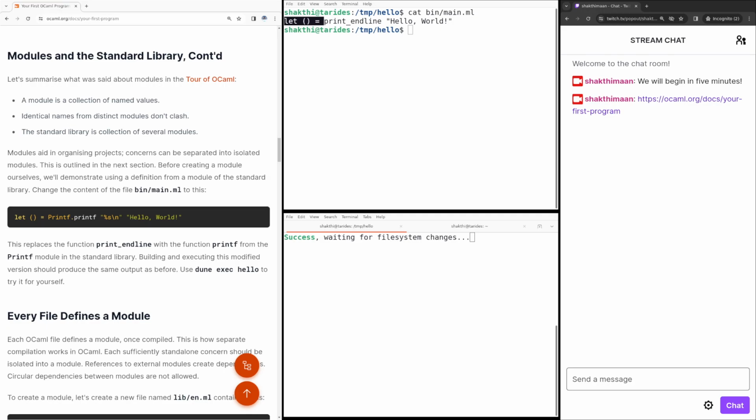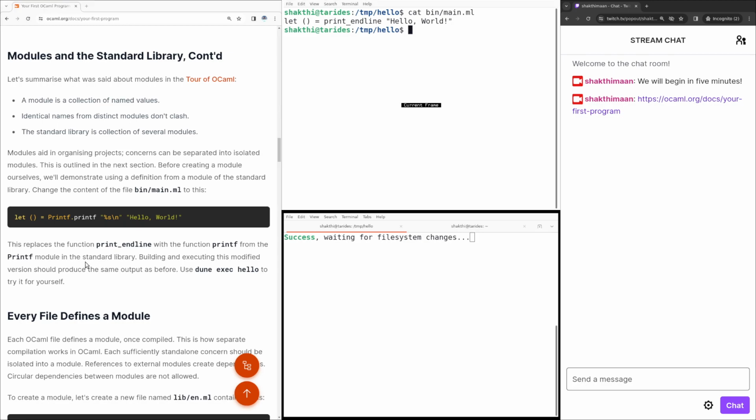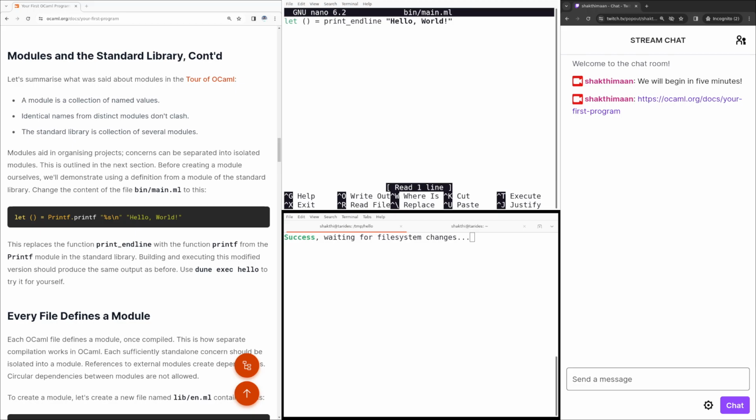Okay, so we have executed the hello world example from our hello project. Now suppose we want to use the printf function from the Printf module, instead of using print_endline here. So I'm going to be using the nano editor just to demonstrate these examples. Later on I will show you how to set up your editor with all the goodies. So here, instead of print_endline, I'm going to just